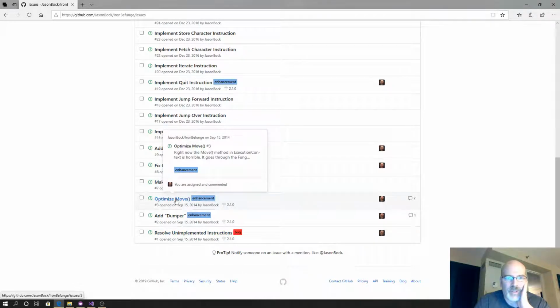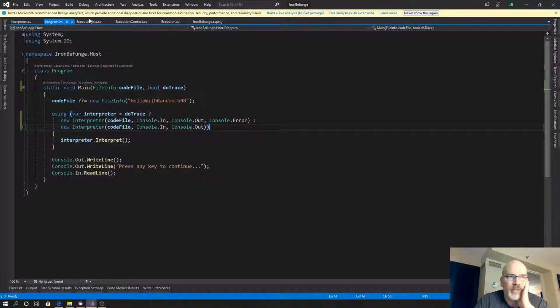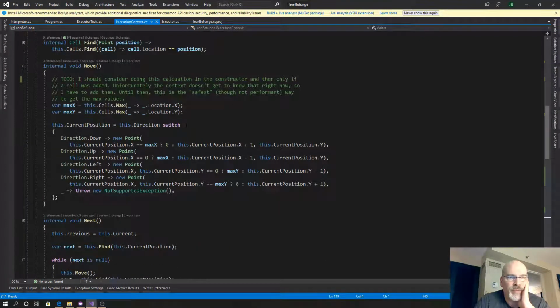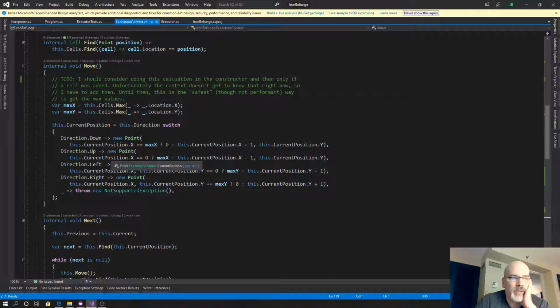This move thing, though, I'm thinking, yeah. So the next instruction is 1,000 points away. I really don't think I do that. If I go into my execution context and I'm told to move, this set cells max of my current location invokes a transform function at each element of a sequence and returns a maximum end value. Oh, yeah, so this gets your max x and your max y. So if you're going right's the easiest one. You get a new point where your current position is the same. This has got to be right, otherwise none of this would have been working. So your current position becomes, if your direction is right, your new point is,